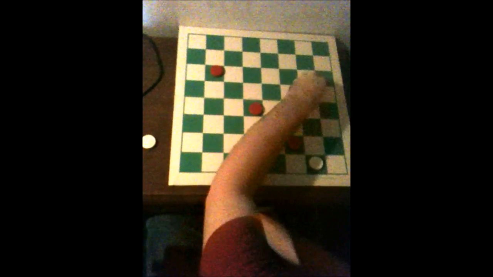Right here. Red jumps 2, but then white jumps 3. Another shot like that. So that's the 3 for 2. Now, sometimes you can do just a 2 for 2 shot. You can give up 2 pieces and get 2 in return, but